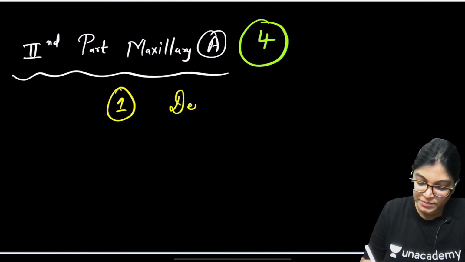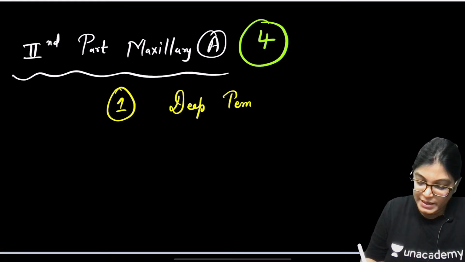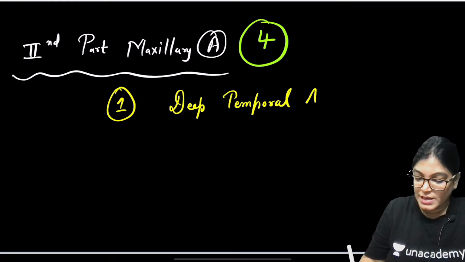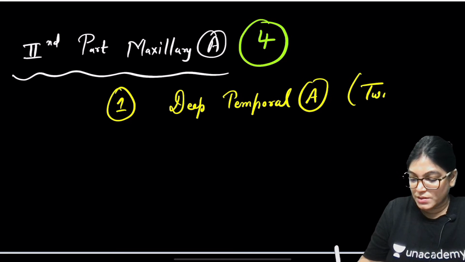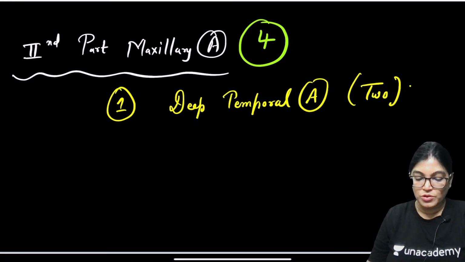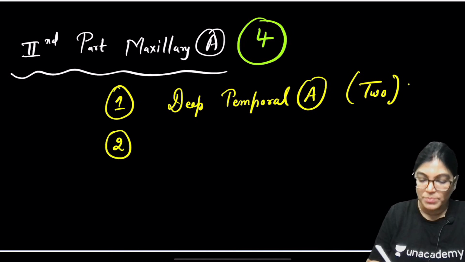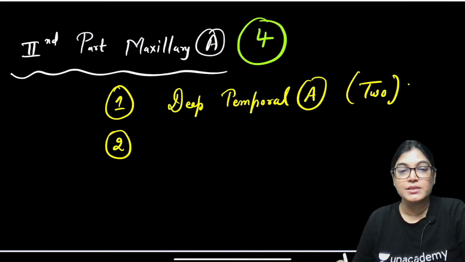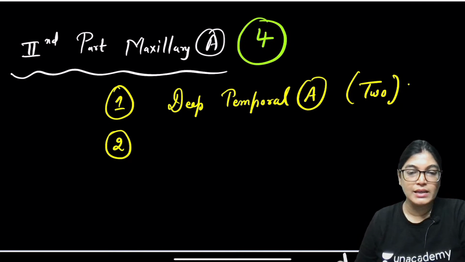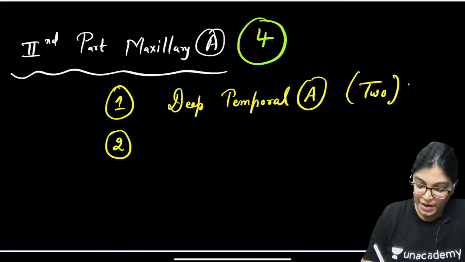deep temporal artery. My dear aspirants, the deep temporal arteries are generally 2 in number. Anterior and posterior deep temporal arteries are there, which is supplying which muscle? It is supplying the temporalis muscle. They are giving blood supply to temporalis muscle. Other than that, we have got